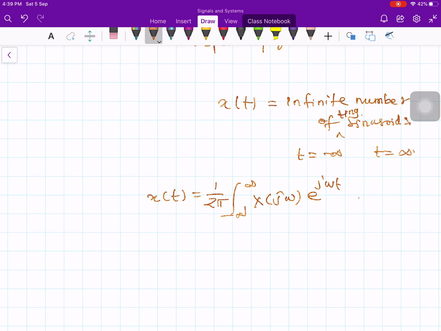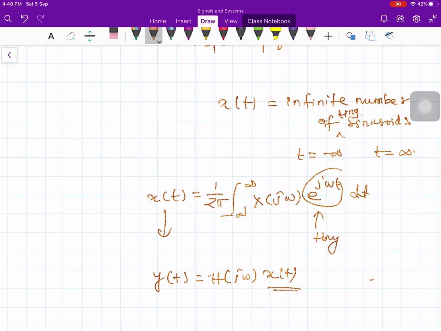There are many tiny sinusoidal inputs, and now you sum them up, then your y of t is equal to H of j omega times x of t, provided that x of t is in the form of e to the j omega t. Okay. So, we observe that if there are any natural response terms